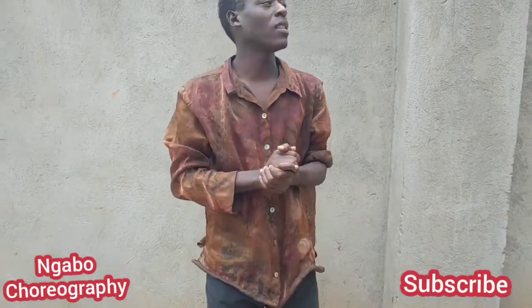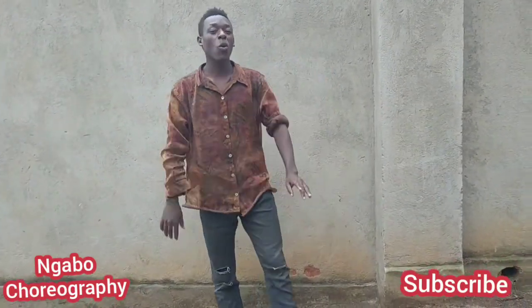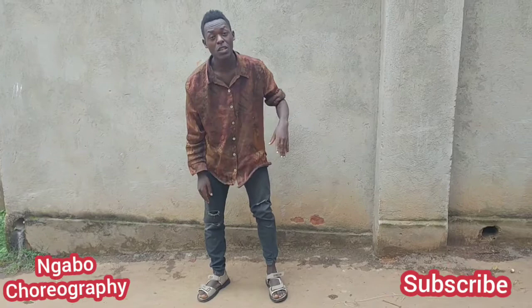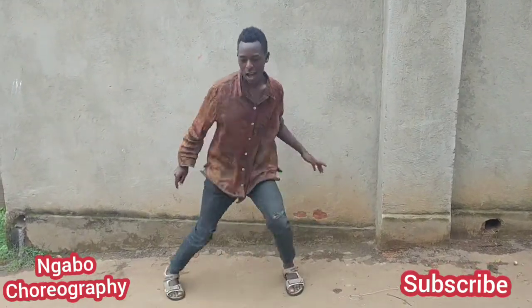So guys, the crisscross leg work is one of the most challenging Afro house strokes that challenges a lot of dancers. So today I've brought you step by step how you're going to be doing this, and it will never disturb you again. So watch my steps as I'm doing it so that you learn. Remember, it's crisscross leg work, meaning there's some cross. So after doing